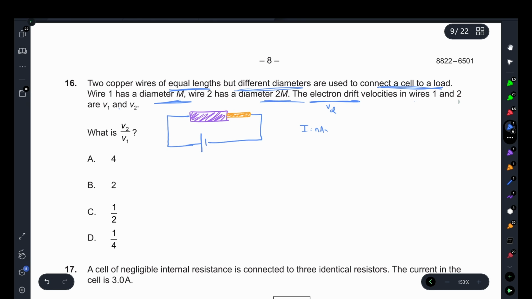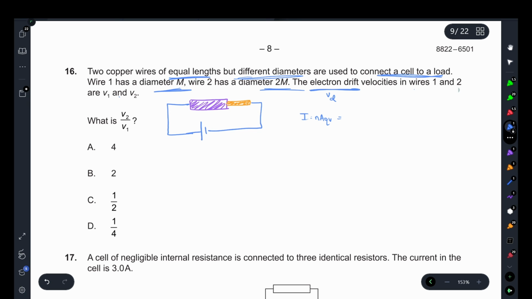I is equal to nAqv. Now, this means that v is equal to I by nAq. Now, for the particular instances that we're taking, we have two different areas. A1 for wire 1 is equal to pi by 4 times m squared, and A2 is equal to pi by 4 times 4m squared, which is equal to pi